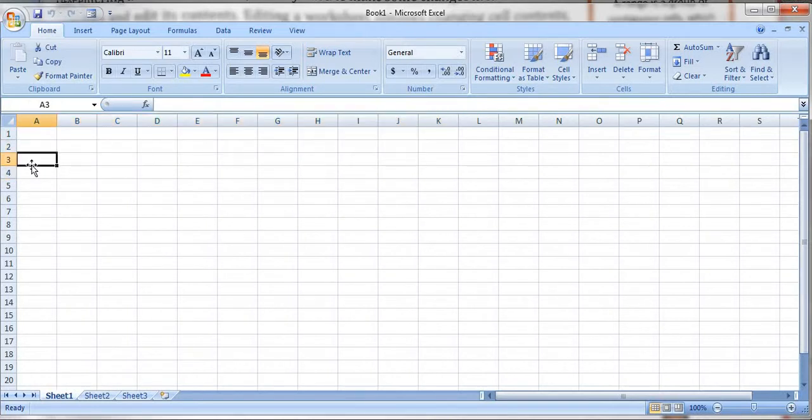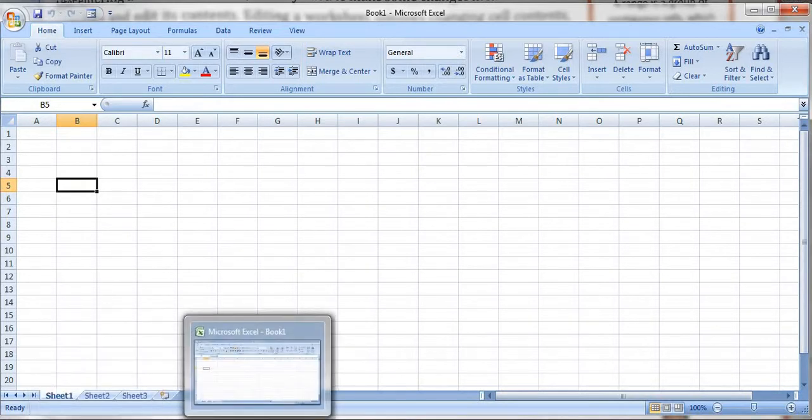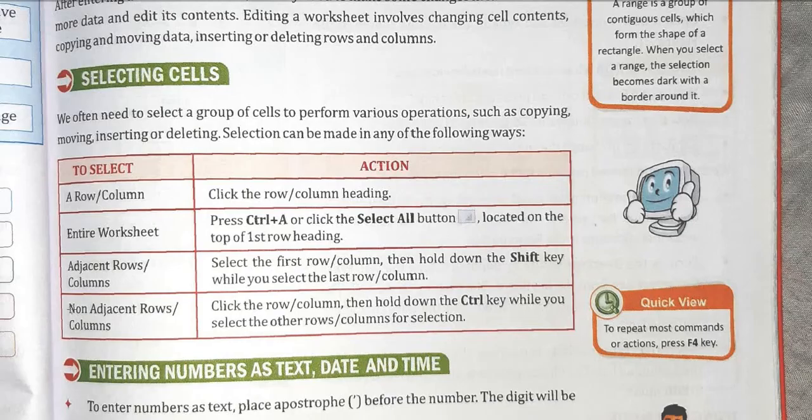And if I want to select randomly, then just press the control key, and you can randomly select. So this is the way. Adjacent rows and non-adjacent rows using the control key, means randomly. I hope you understood this one.